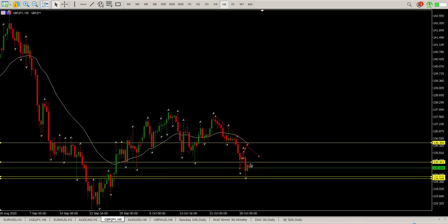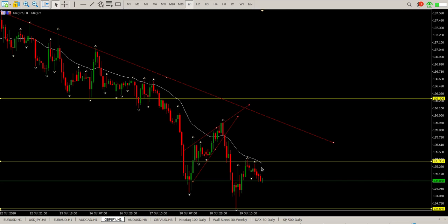134546. So maybe just another attempt at this level, and then possibly just sideways or another gentle move to the upside. But I think anything up to 135.361, kind of where we are now, if this level can hold, if we can get some bearish price action during the open, then I would be